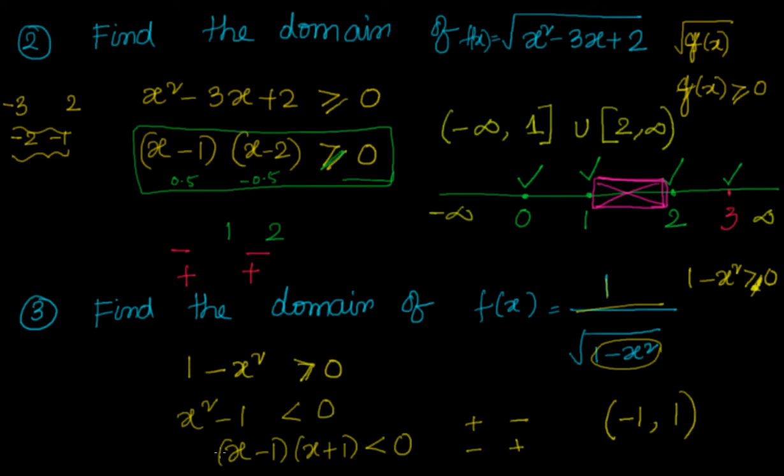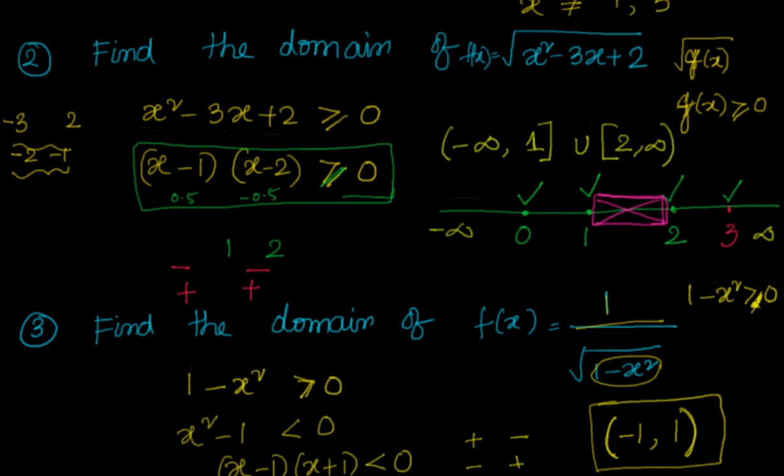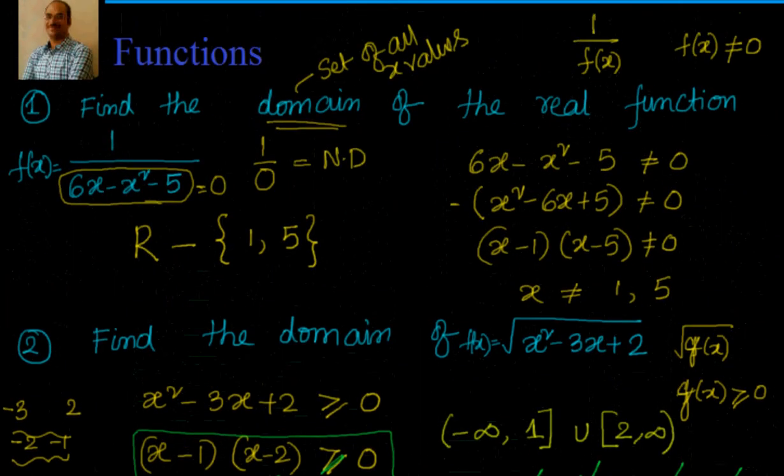If you take x equal to 2, what is happening? You are getting a positive value. If I take x equal to minus 2, again I am getting a positive value because it's going to minus into minus case. So the domain is nothing but minus 1 to 1, excluding the boundaries. I hope you are comfortable with this, right? That's about finding the domains.